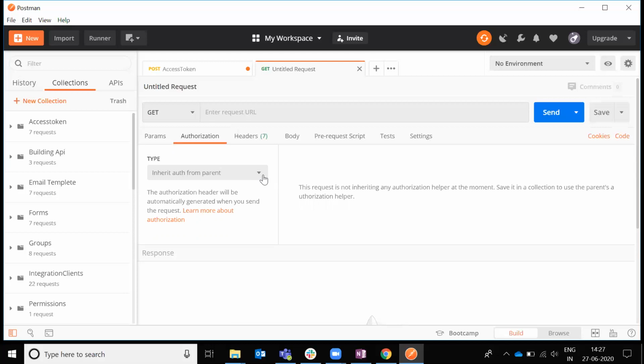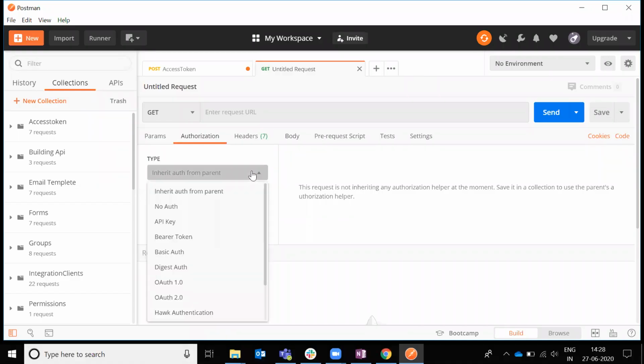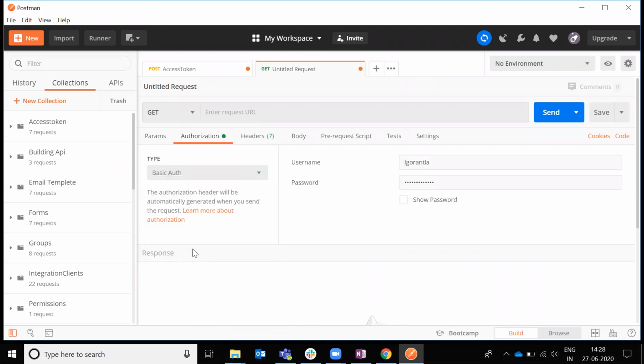It is a bit slow for my system, maybe some software is stuck. See, here there are a few types: no auth, API key, bearer token, basic auth. If you choose basic auth, you have to provide the username and password.